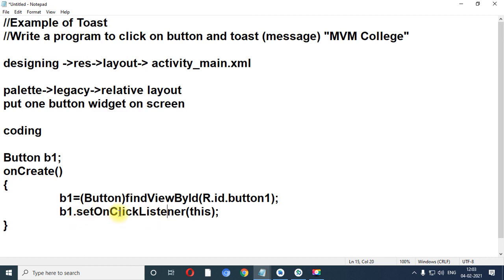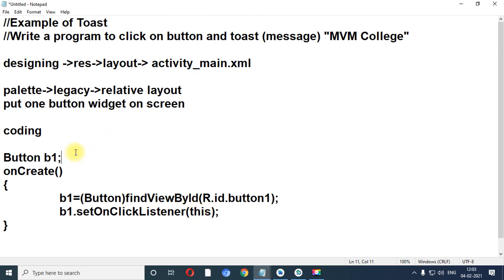When you type this over here, it will generate an error. For that, you need to put the cursor over here and press the Alt plus Enter key.